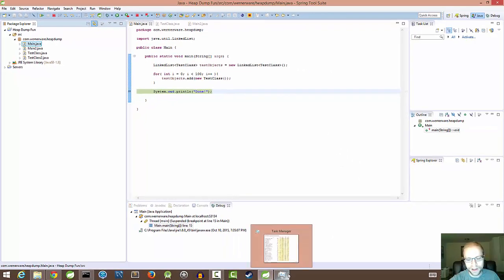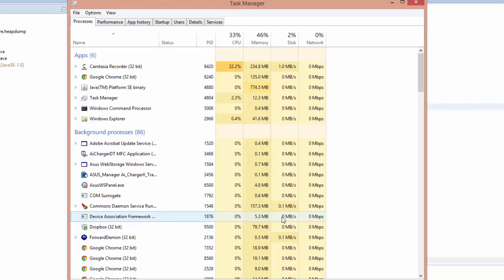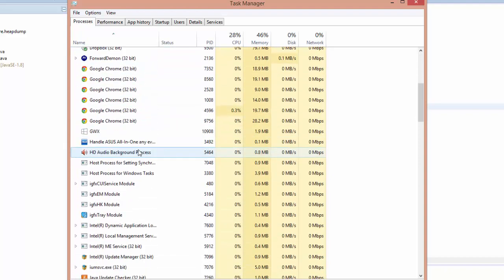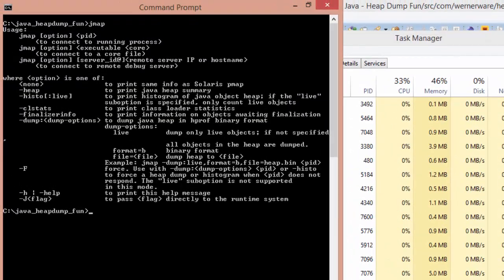Now this next part takes a little bit of guesswork. You have to come in using your task manager and guess pretty much what process the Java running is taking. Now this is pretty much surely Eclipse. I've already run it at least once today, and it wouldn't be on the apps subset anyway. It would be under the running processes. So here we go. There's only really one Java virtual machine running right now, and it is on process ID 6564. So we just hop over here, we go jmap